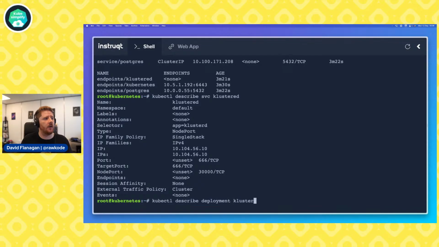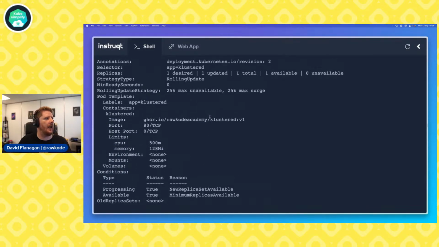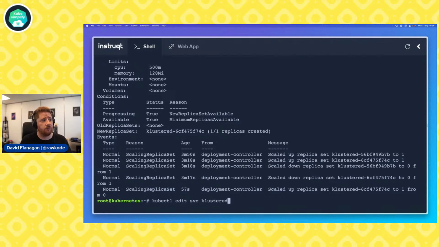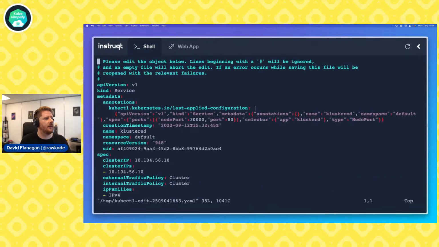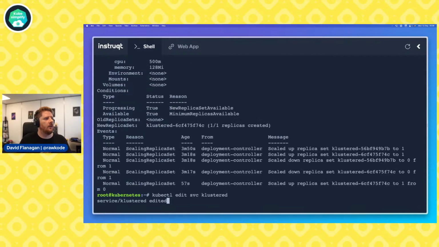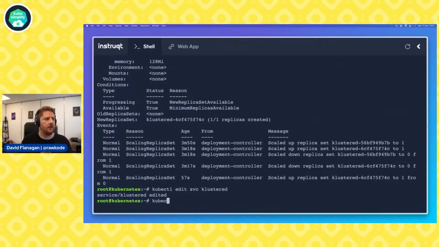We can describe our clustered deployment and we can see our pod template has labels app equals clustered. Now, in the interest of time, I'll just say this is a typo. We can edit svc clustered, come down to our selector, and we'll see that we're missing an E. Save our service.